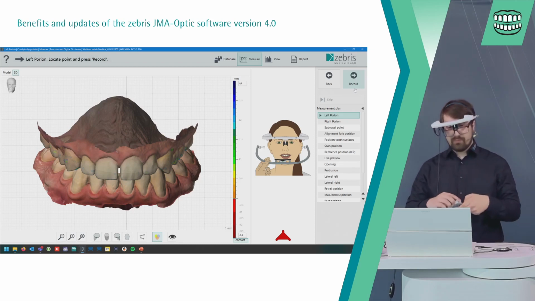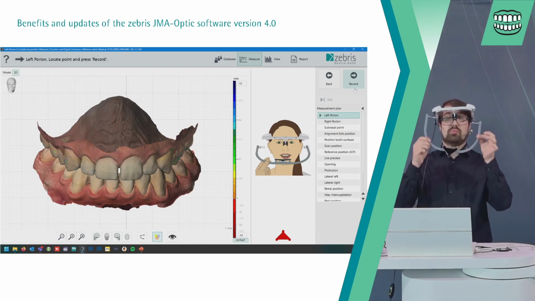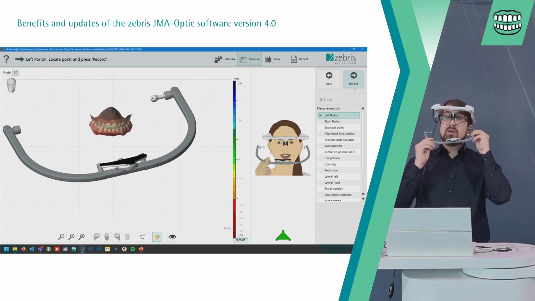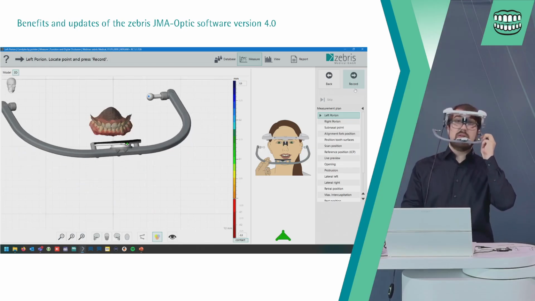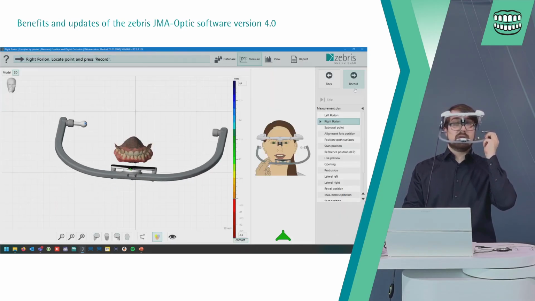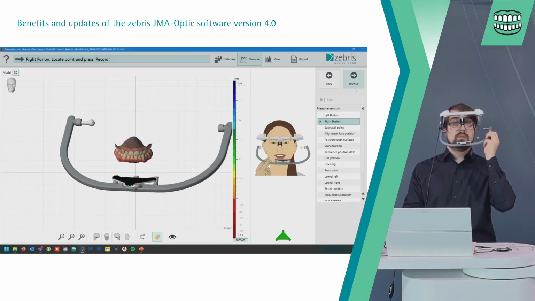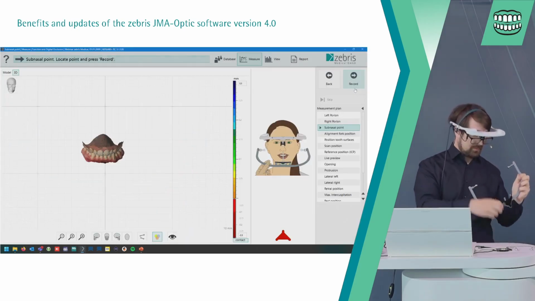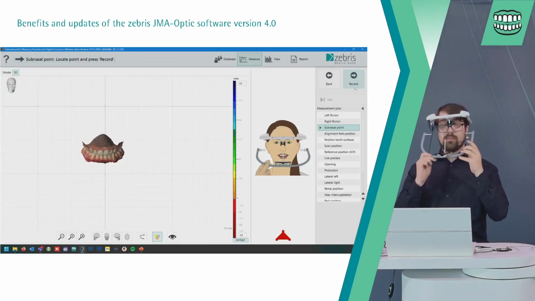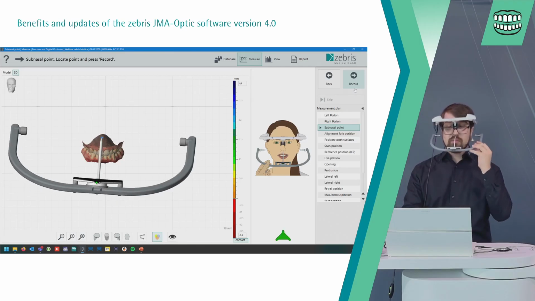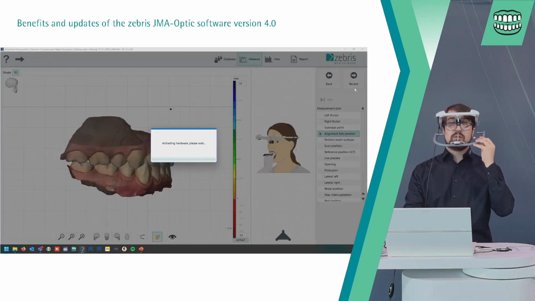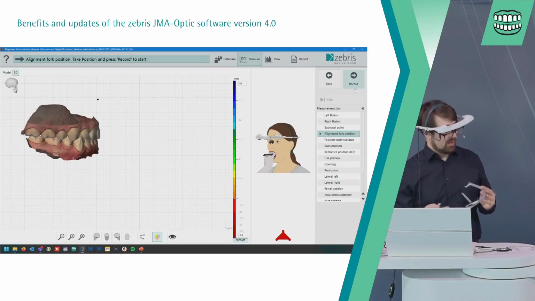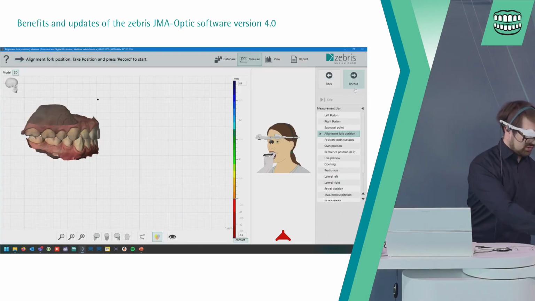Take my sensor, place it on the bite fork, and let's start again with the left ear, right ear, the porion point, the subnasal point, and our upper jaw position.